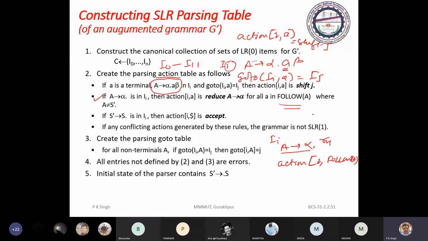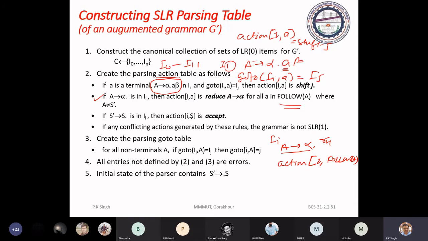There is one exception, because your grammar is augmented grammar. So the non-terminal A should not be S dash, the left side of the production you have introduced for making your grammar an augmented grammar.